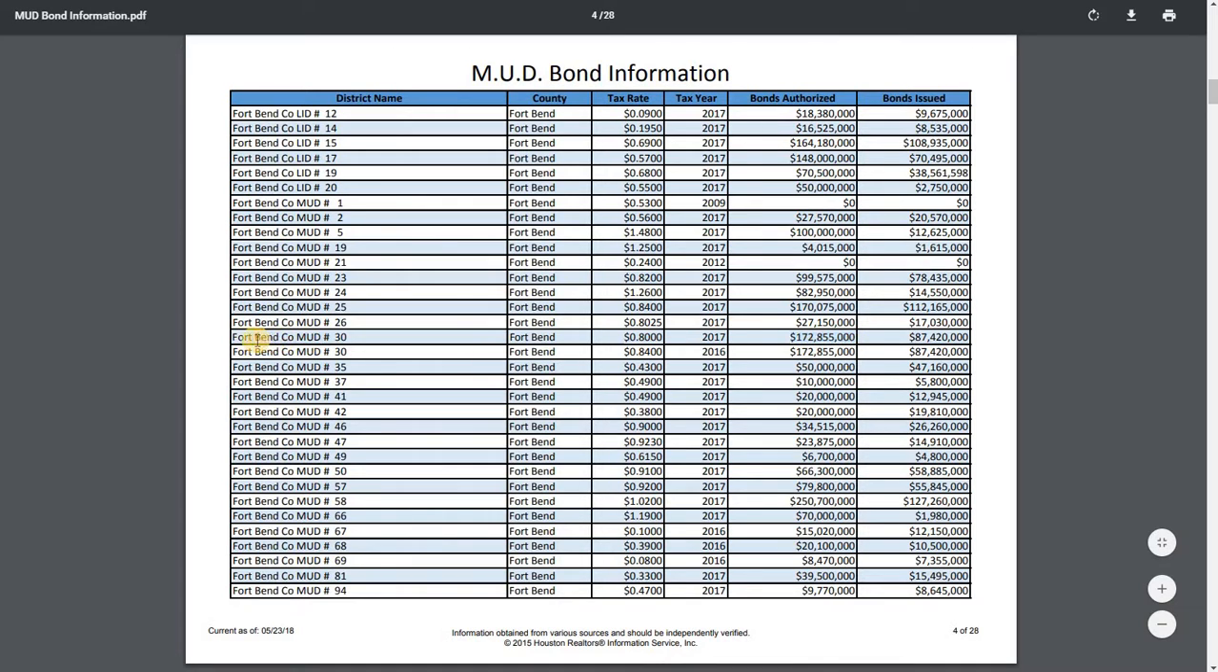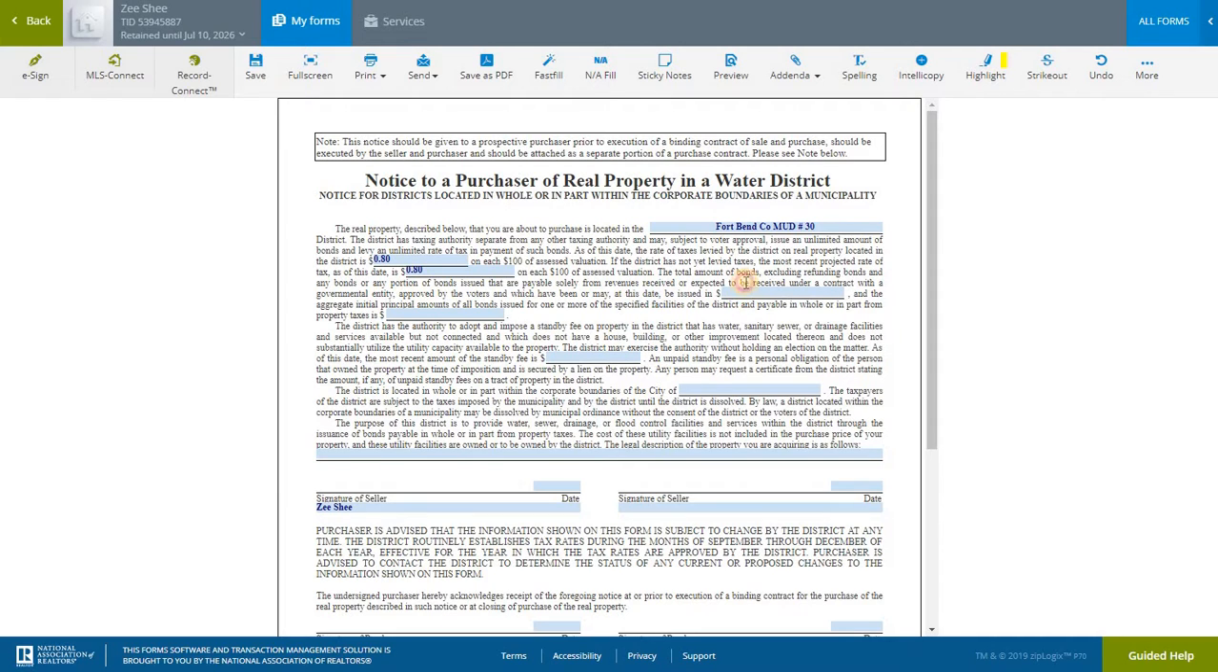By the way, you'll see over here there's two Fort Bend 30. One is from 2017, one is 2016. So we're going to use the 2017 information. By the way, I don't know why it's not copying and pasting, so I'm going to just have to write this down. 172,855,000. Okay, now that we have that written,